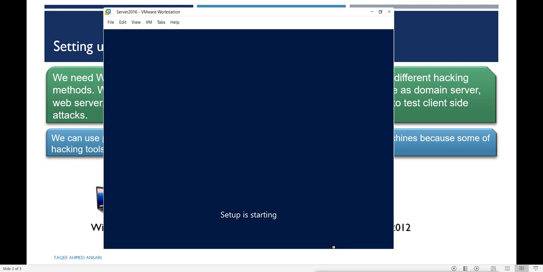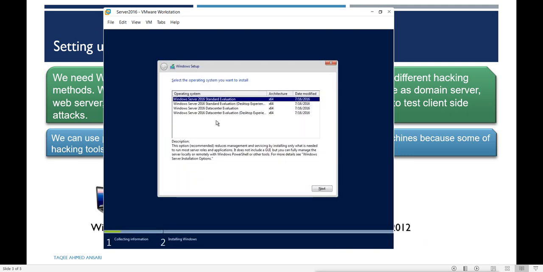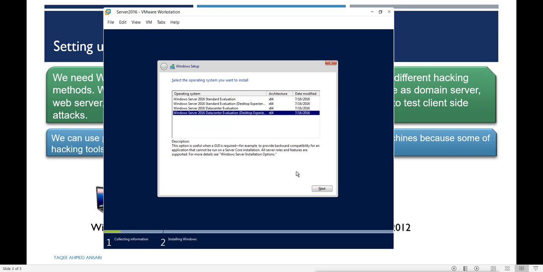And it is going to start the installation. Now here you have to select the version edition which you want to install. This DVD has two editions, Standard and Datacenter edition. So I'm going for Datacenter edition, and it also has two options to choose: the Core version or the Graphical version. Core version is the command line version and Graphical version is the desktop experience. So I want Datacenter with Desktop Experience. Next,